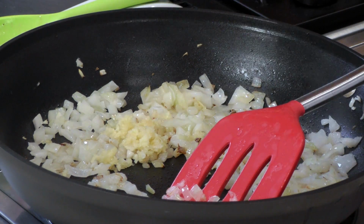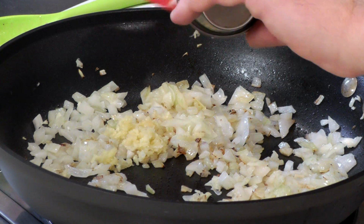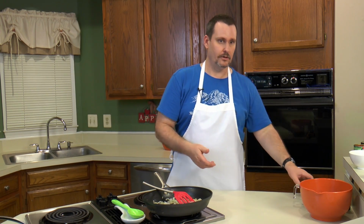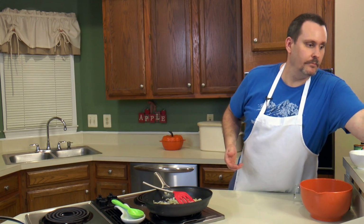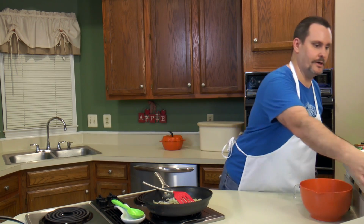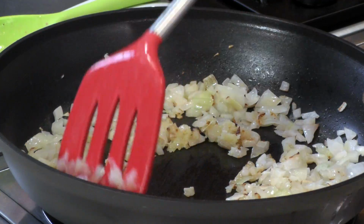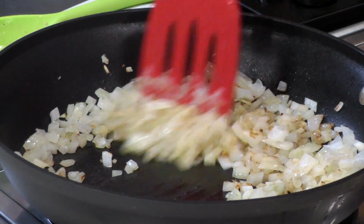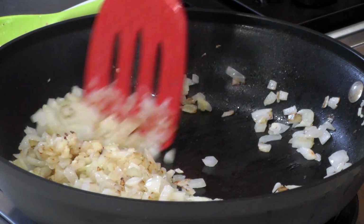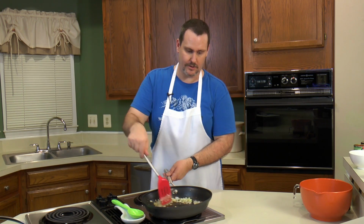I'm going to go ahead and throw in 2 cloves of garlic that should be minced either with a knife, or if you've got a garlic press and you know how to work it, then those are cool too, right? So going to throw it in there. And I'm not a big fan of cooking garlic on high for any length of time because it'll burn and become bitter and all that. So I'm just pretty much throwing it on here for like 10 seconds,